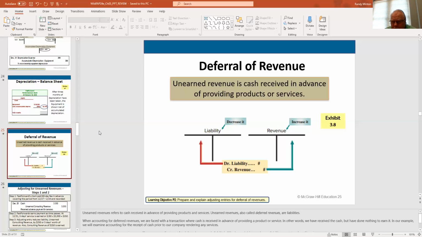You're going to close the revenue to income summary. You're going to close all the expenses, and expenses have a normal debit, so you have to credit them. And you're going to debit income summary. And then you're going to get rid of the income summary. You're going to put it directly to capital. If you need a debit to get rid of income summary, that means that your revenues exceeded your expenses. And therefore, to get rid of income summary, you need a debit. So the credit is going to capital.